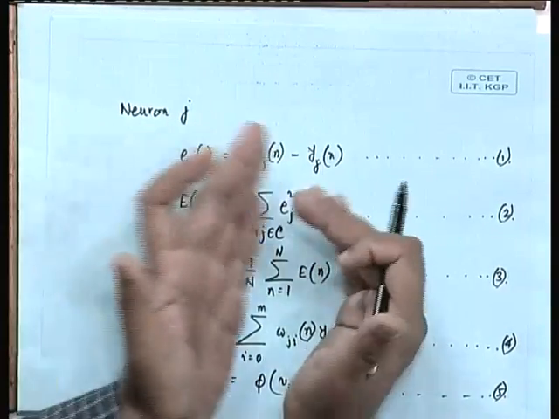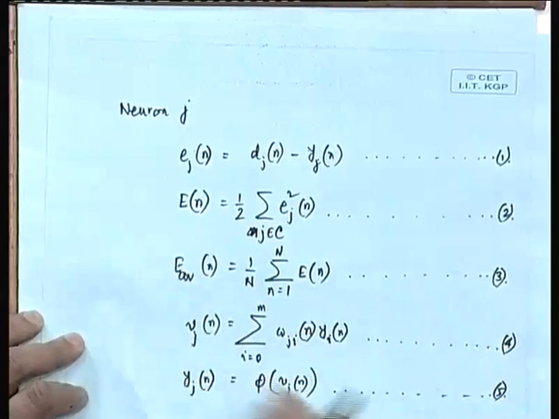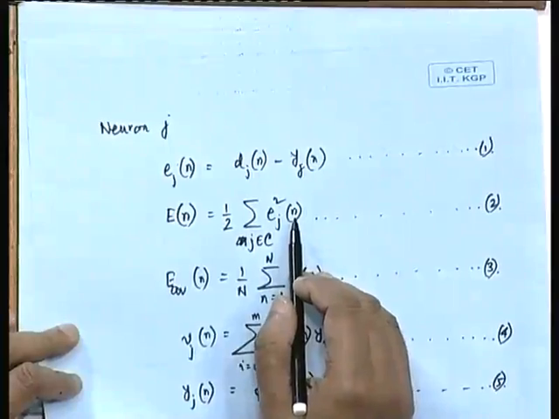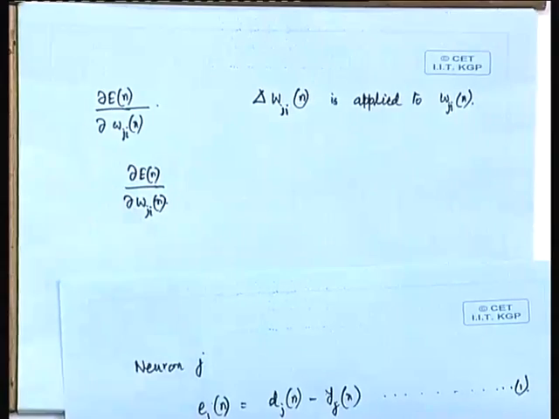If we try to substitute this form of Ej and then substitute everything using these equations, it will be mathematically very cumbersome. So, instead of doing that, what we will do is just apply the chain rule of differentiation. Simply because in equation number 2, E(n) is written in terms of Ej(n). The best thing is that if we first calculate ∂E(n) with respect to ∂Ej, that we can very simply calculate from equation number 2, in which case we have to multiply this partial derivative by